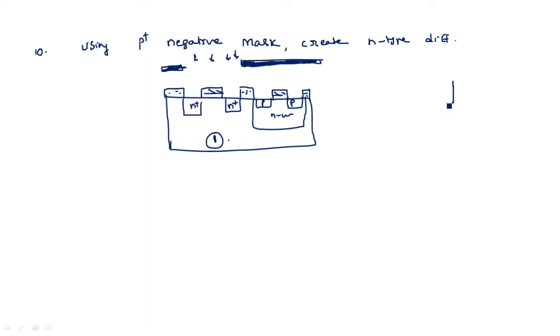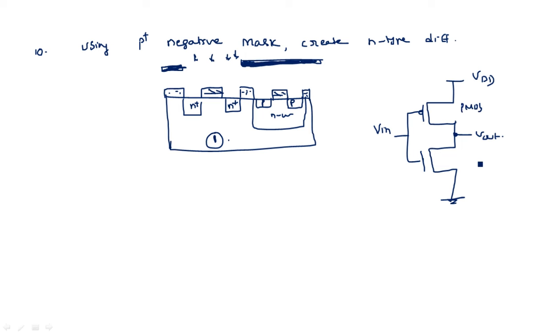See, if you go to the P type and N type connections here in the CMOS, see the circuit diagram of the CMOS device. It is the input, it is the output,